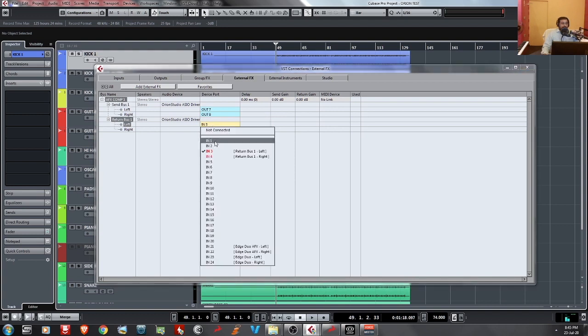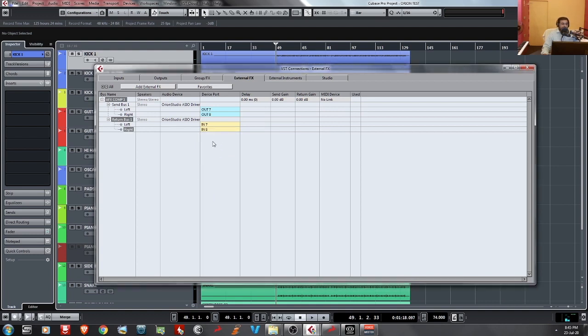I am also selecting the return bus as 7 and 8. You don't need to select the same in Cubase. You can of course have different buses here, but for convenience I am selecting the return bus same as the send bus. So the names are only the same, the buses are different.